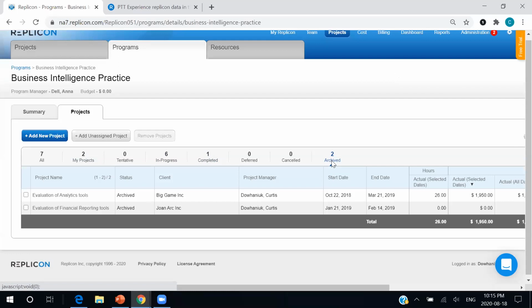So if you don't want people to see this information, they won't be able to see it. But for an administrator, for example, we want you to have access to all of your information, well, because it is your information. And it is so important for planning future projects to understand where your successes or failures were in the past. So it's always good to have these projects on hand just so you can drill down a